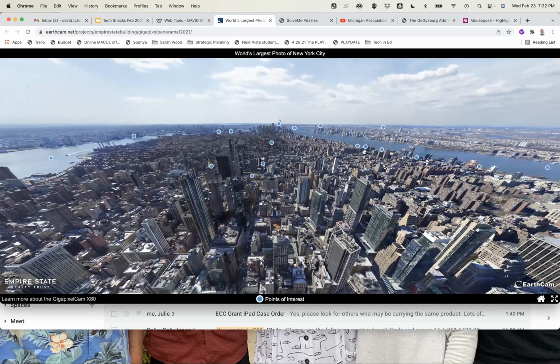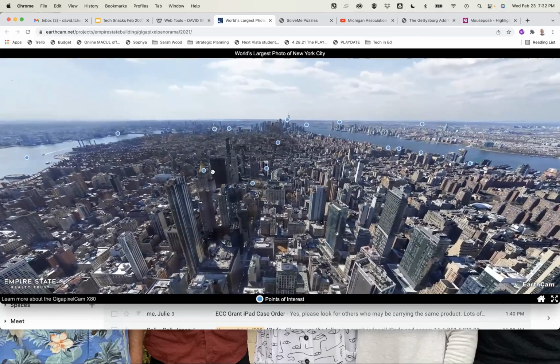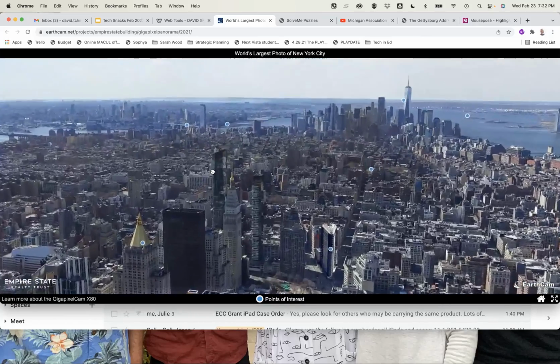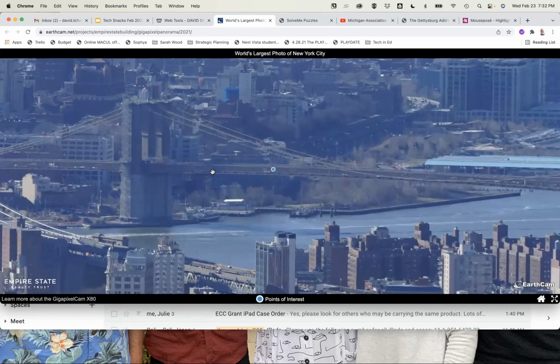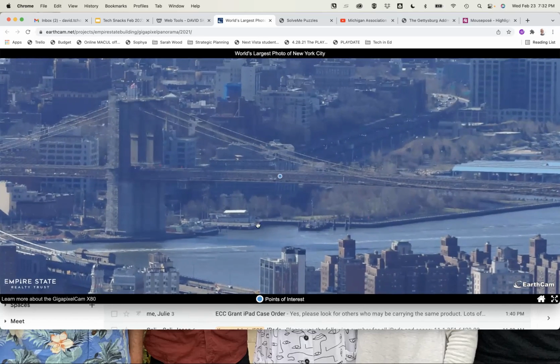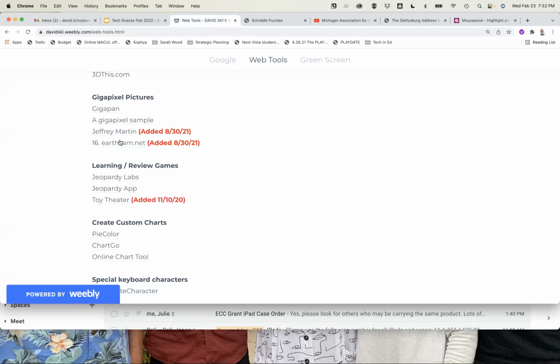Sure. Well, Gigapixel pictures, the technology behind it is amazing, because these are not satellite pictures. They're setting up cameras, however they do this, that you can see this kind of quality. Another example,